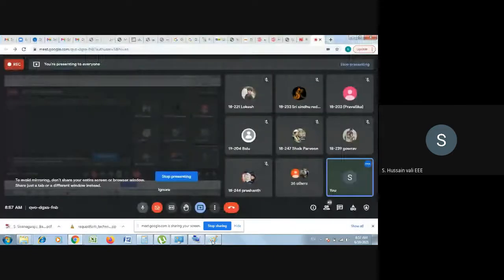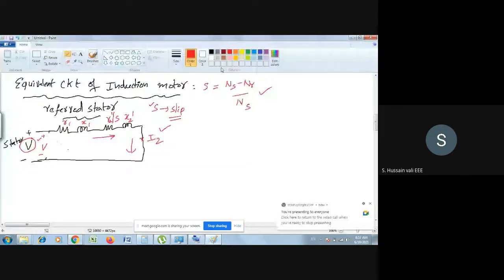You see this range of slip. Okay, so what is the range of slip? It is 0 to 1 usually. I hope you know this thing that slip is at minimum 0, at maximum 1. And there is also negative slip, maybe for some kind of situation, but for the motoring operation, the slip is from 0 to 1. So we can stick to that. The slip is from 0 to 1.